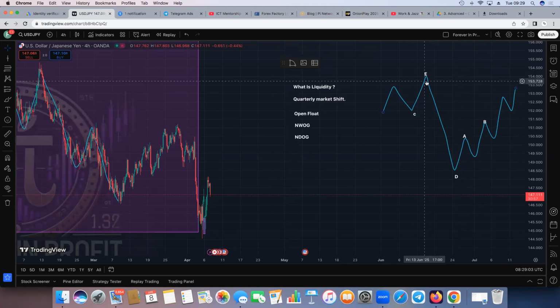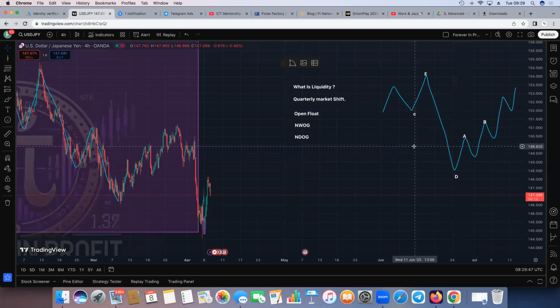So when you see a sharp drop in the market from point E to point D, there will be a liquidity void created, which means the market will have to refill this gap. Because when this market dropped aggressively from point E to point D, we had a sharp collapse in the market. Now that has created a liquidity void and an imbalance that this market needs to fill. Now, in as much as we hope that this market fills this imbalance, sometimes it wouldn't fill it rapidly. Sometimes this is not the end of the bearish movement. Sometimes the market would even dip deeper.